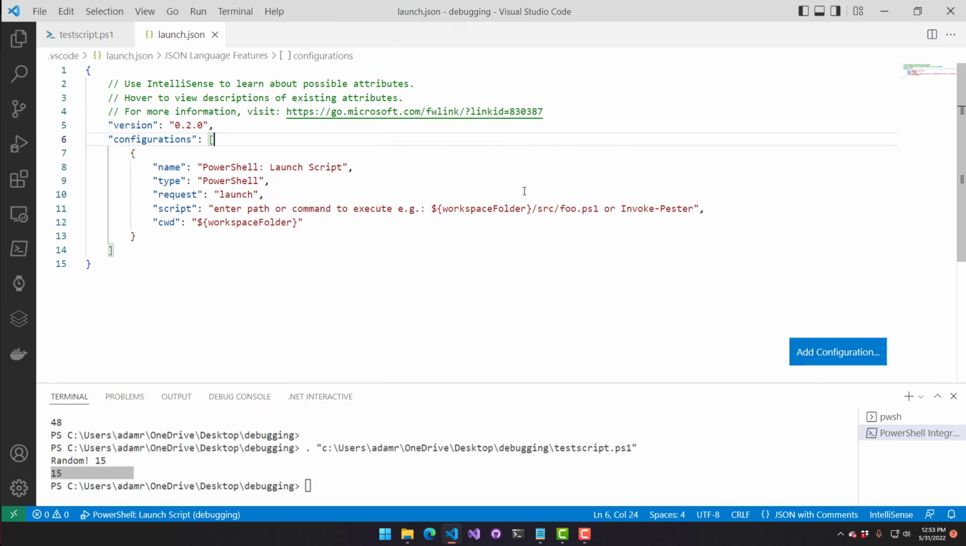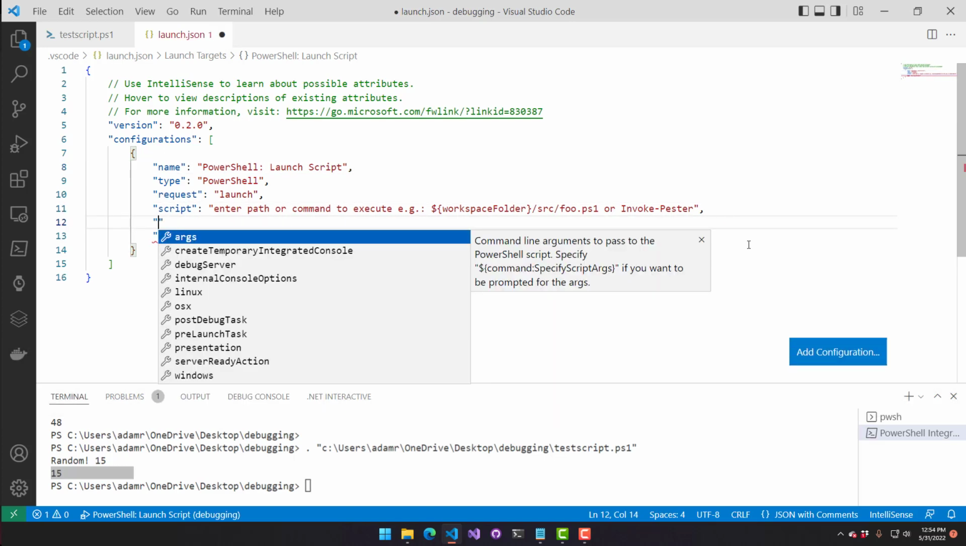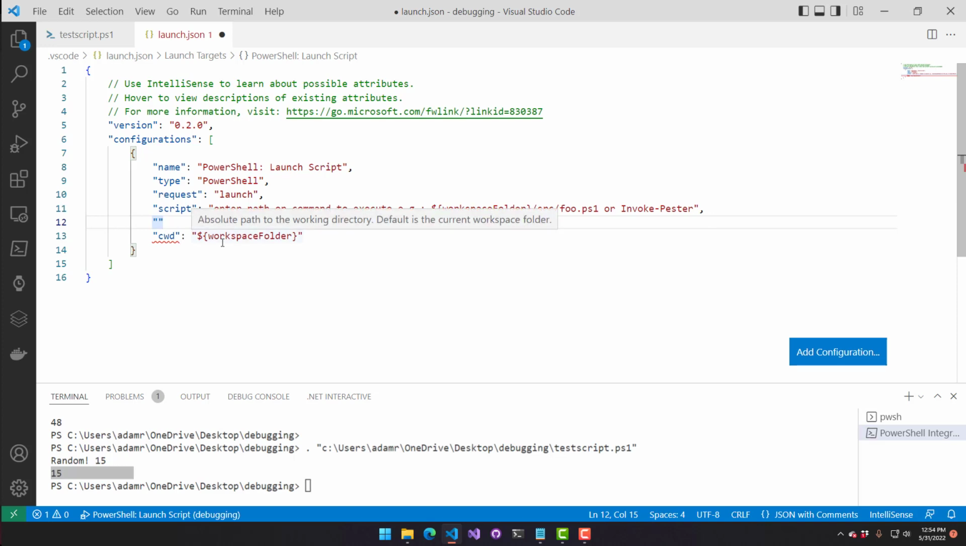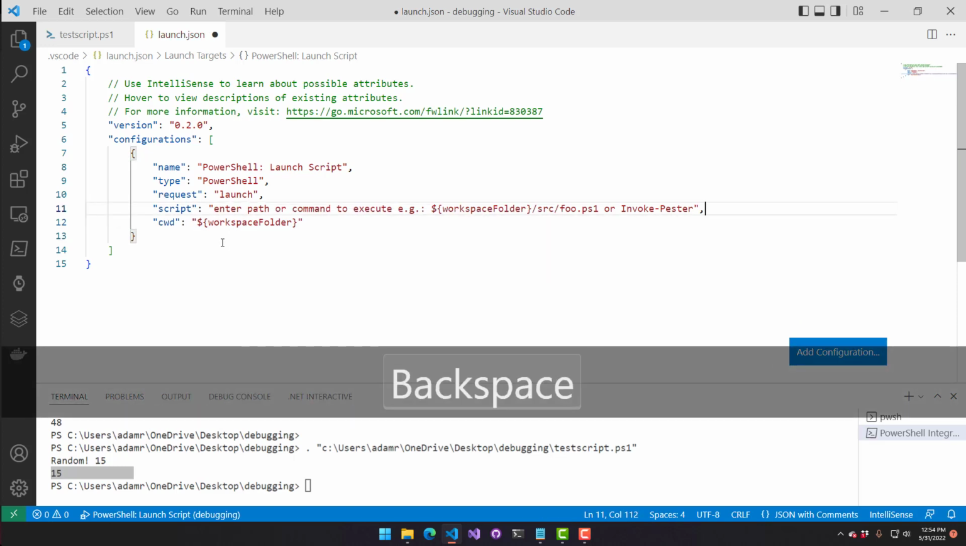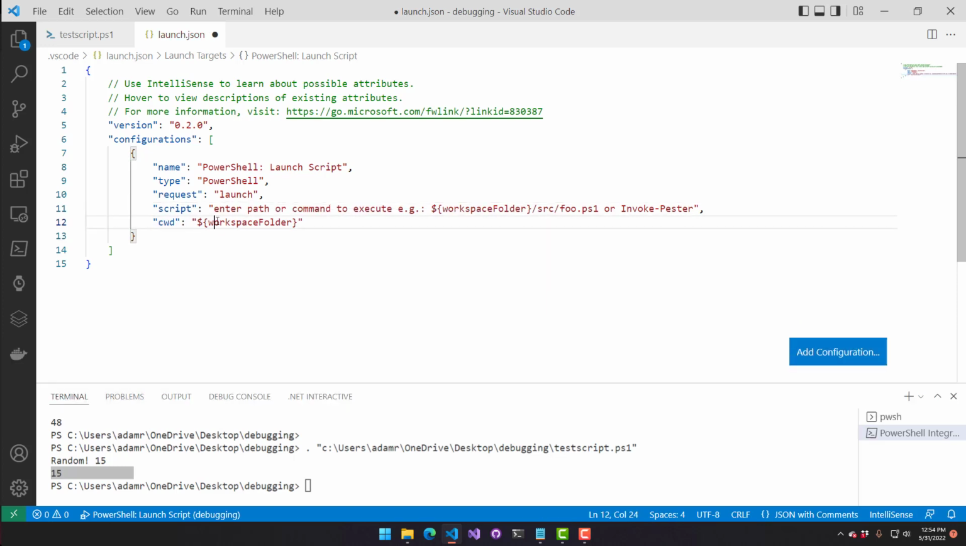And what's nice about this is there's IntelliSense. So you don't have to totally figure this out all by yourself. If you actually start typing, it's going to provide you with some information. Some of it's straightforward, some of it you might need to look up. But in this case, we're just doing a launch request, and it's pretty much saying I want to use the current folder, and then I want to launch something